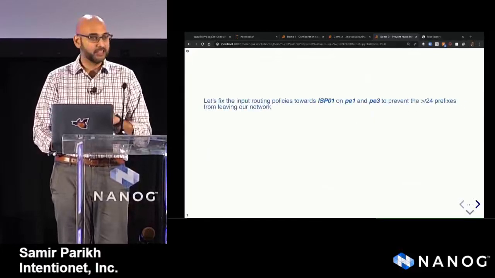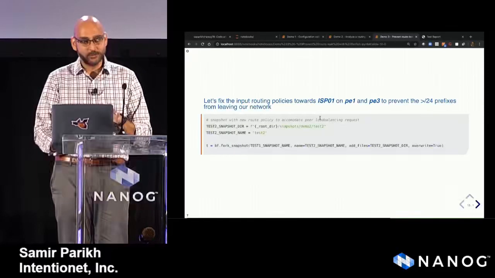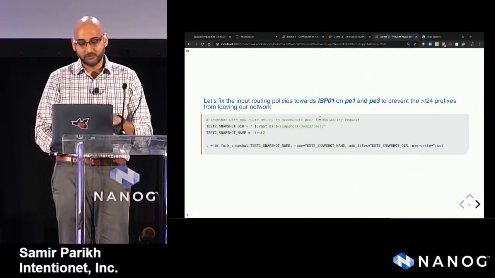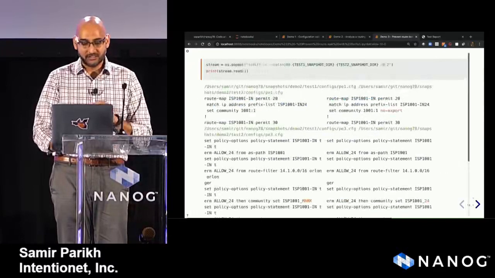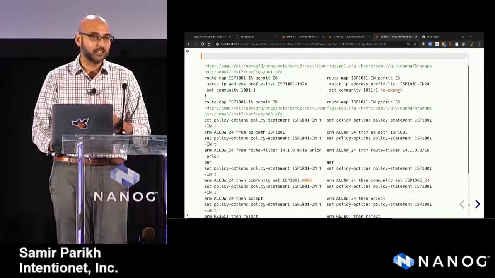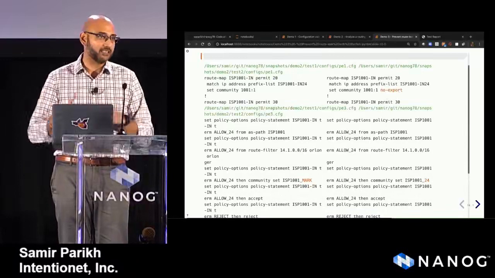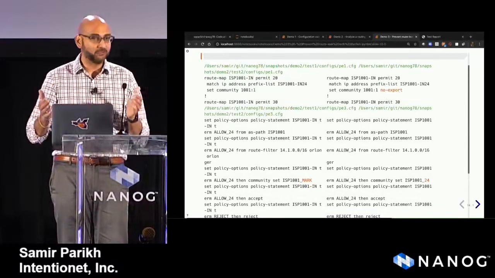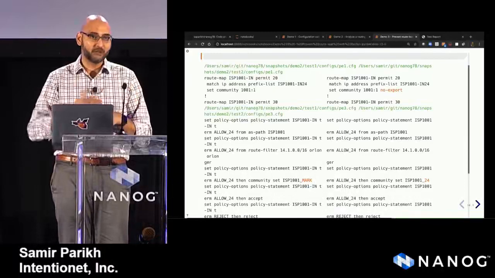So let's make another change to that and say, how do I now turn this into the final policy I really need? So I'm going to do another fork snapshot, where I'm going to upload just another incremental change. And here, you can see the incremental change is I'm basically going to add a no export community. Because I could go around and all my output policies basically block anything greater than a /24, or I could just say, you know what, my policy is I'm going to mark things that don't need to propagate with a